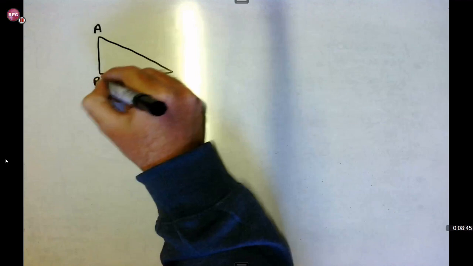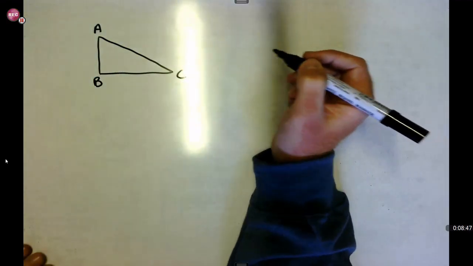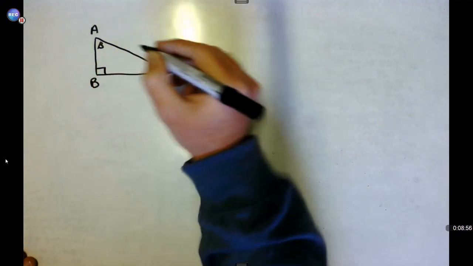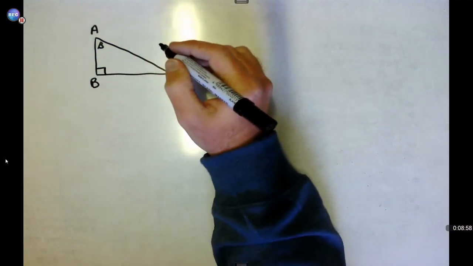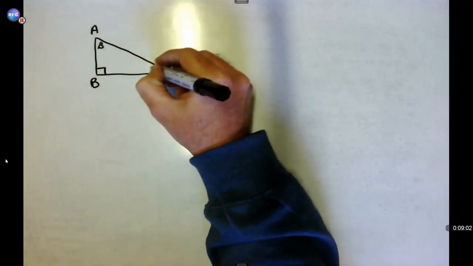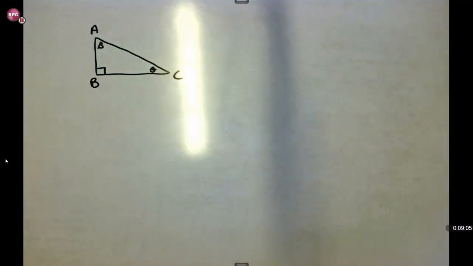So I'm going to draw a triangle. It's going to be a right angle triangle. Remember, I told you that you only work with right angle triangles. There we go. I'm going to name it triangle A, B, C over here. Then I'm going to put beta in here. And then I'm going to put the right angle triangle mark in here. And then I would be putting in the theta symbol in here.